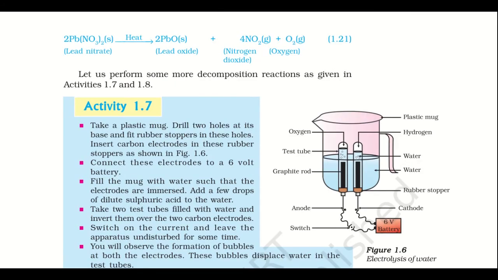And the reaction that took place would be something like this. When lead nitrate was heated, we obtained lead oxide, nitrogen dioxide, and oxygen gas. So a single compound breaks down into 2 or more different compounds or elements, and that is what we call a decomposition reaction. Because we provided heat to conduct the reaction, it is called a thermal decomposition reaction.